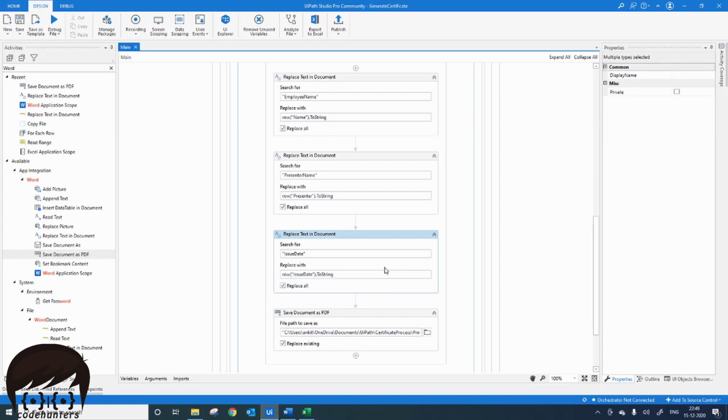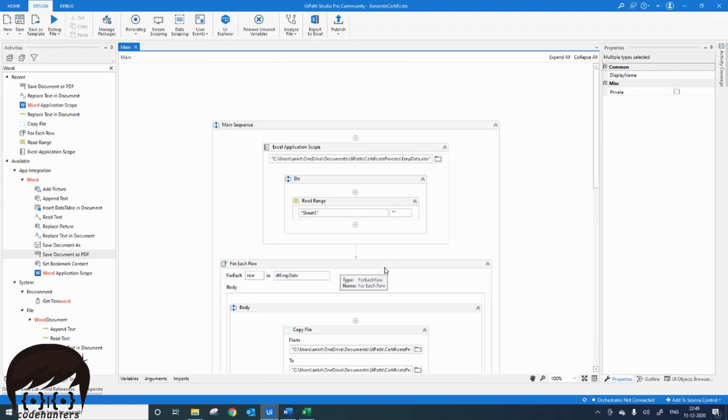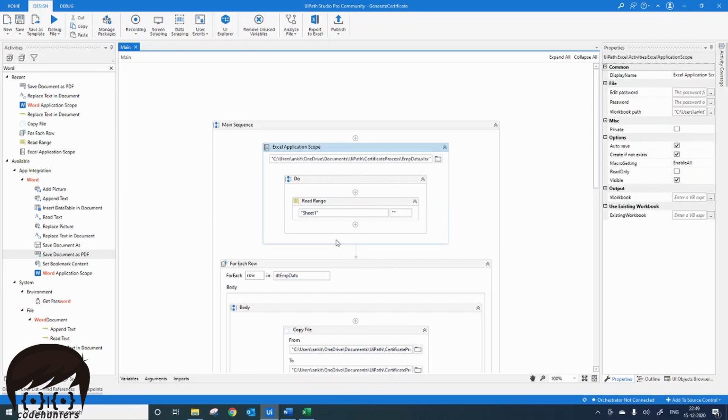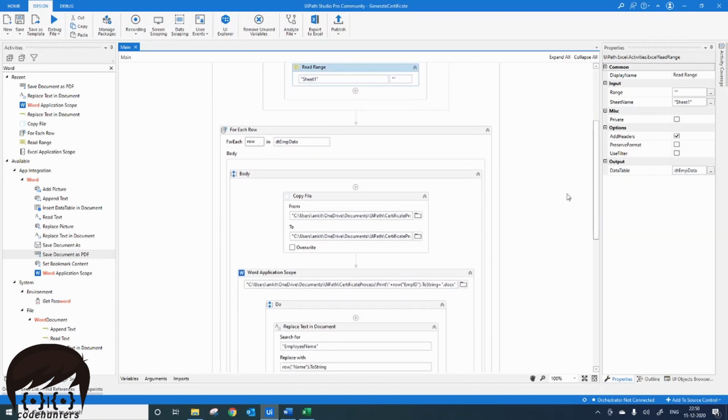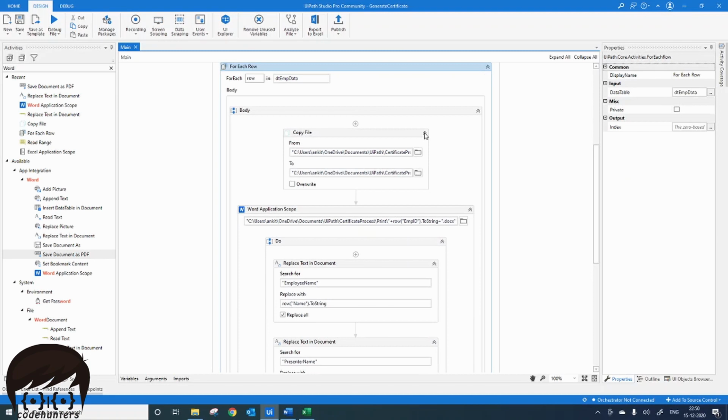Now let's recap this once. What we have done is, we first read the Excel file which has the data, and we kept the data in a data table which is DT employee data. Once we have the data table, we have used a For Each Row so that we can perform the action for each row of that Excel sheet, and for each row the data is in our row variable.